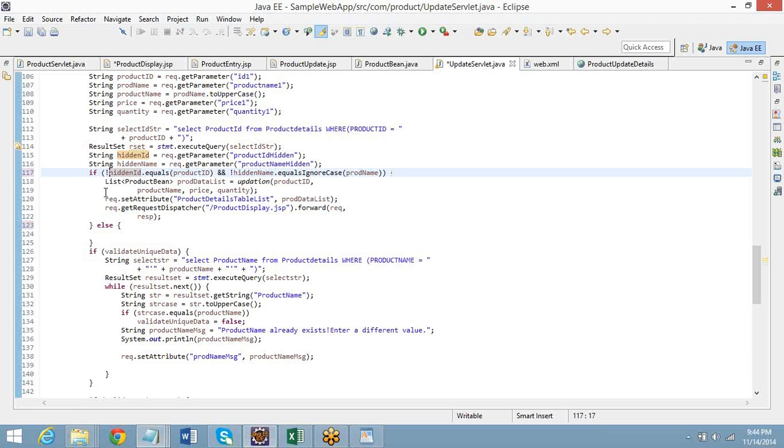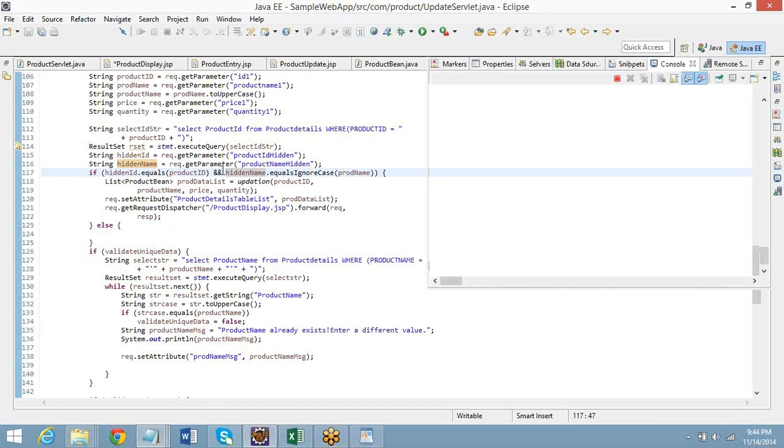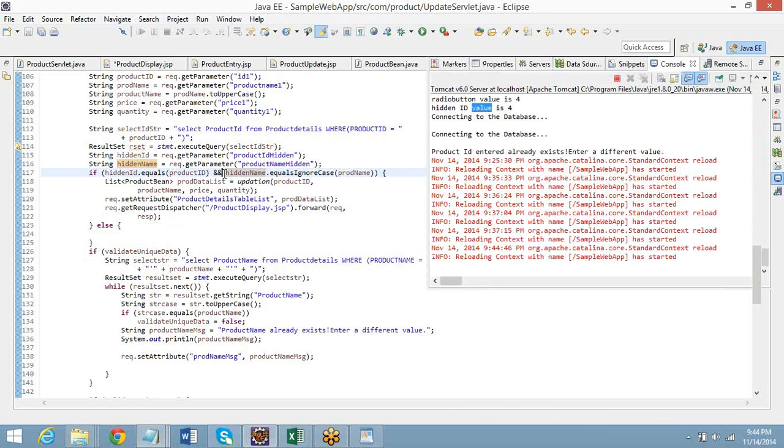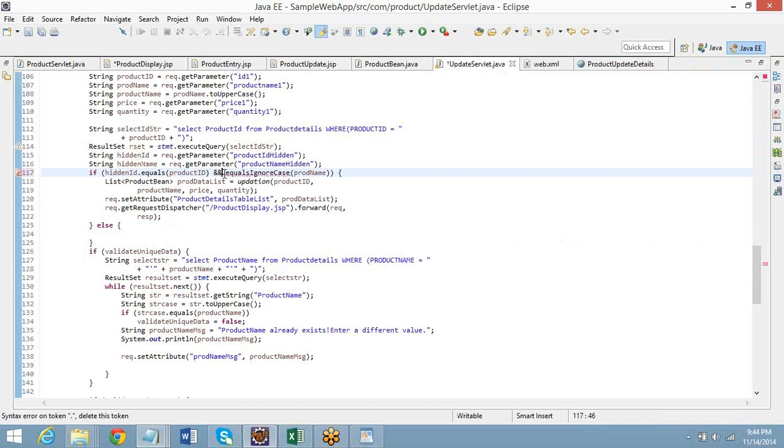Sorry, not the condition, only Shift 1 is removed. Here also. Instead of AND condition, it should be OR. Yeah, should be OR. Right.